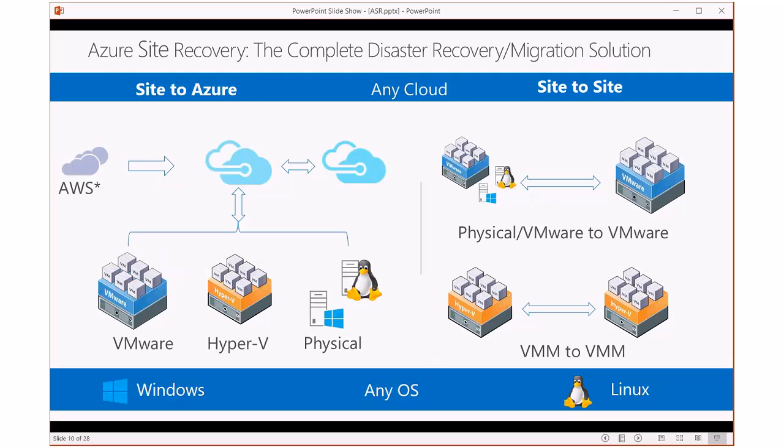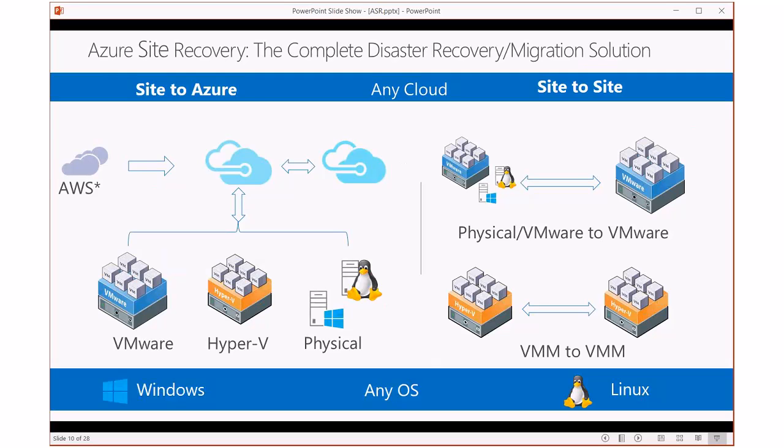Now you can run in the cloud for a period of time, and then once you've alleviated the issues with that event, right? If it was water damage, you've cleaned out your server room, you've gotten your new hardware back, you've rack and stacked everything, reinstalled the base operating system environments, and you want to pull your machines down from the cloud and go back to on-prem, you can do that too.